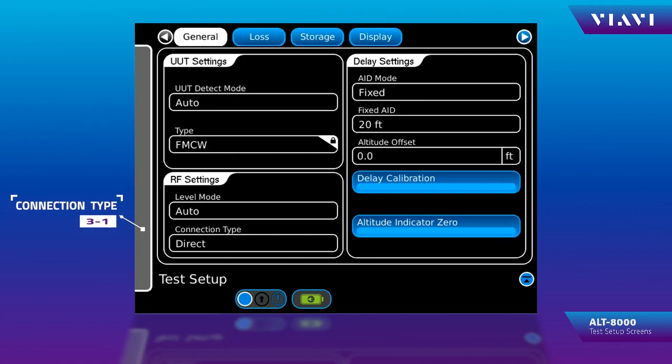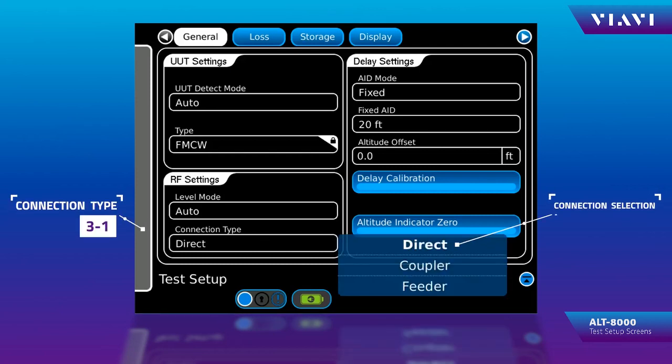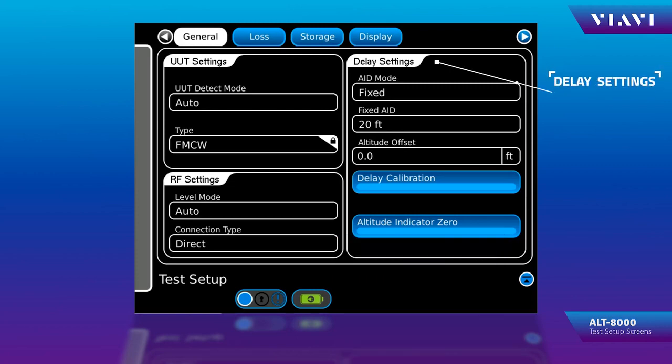Connection type will either be direct, coupler, or feeder. Direct indicates that you're direct connecting to the radio under test. Coupler indicates you're using couplers to cover the antennas. Feeder means you're connecting to the feeder lines with the antennas removed. In this case, I will use direct.